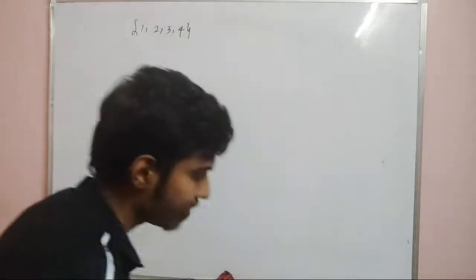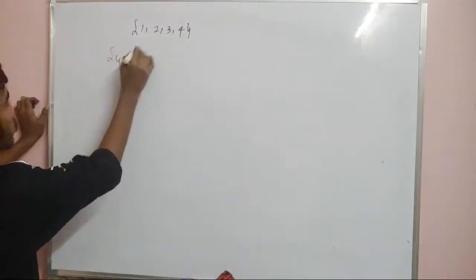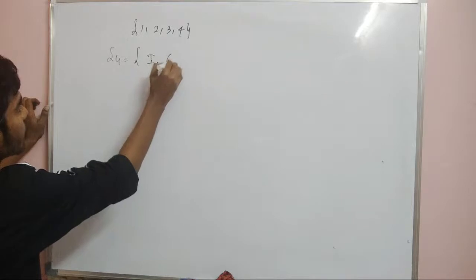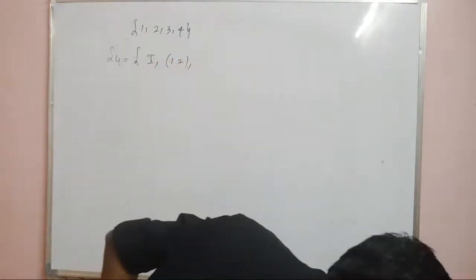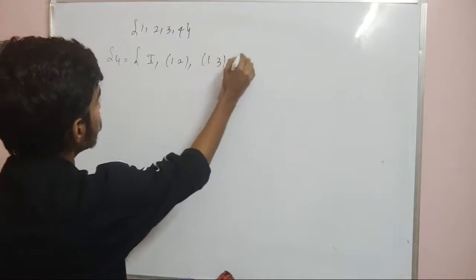I will write all 24 elements as cycles. Okay, let's write all the elements. This set S4 contains the identity, (1 2), (1 3), (1 4), (2 3),